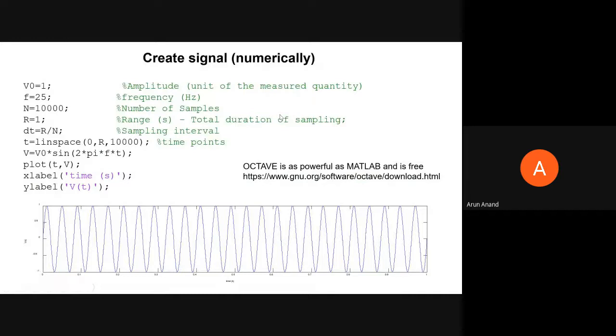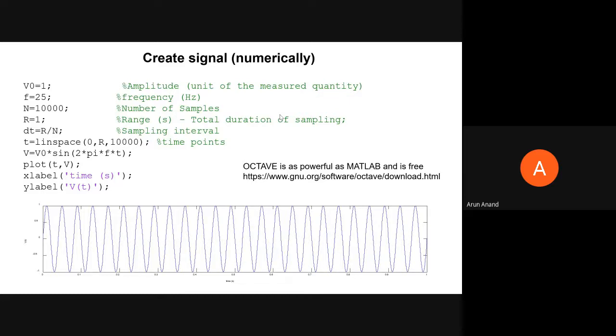Okay, so now this is basically like, yesterday we did this thing. So basically now I am creating a signal numerically, of course. Whenever you create a signal numerically, it is always going to be discrete, because you are going to give a delta t, and without a delta t, you cannot create signals on a computer. Whatever you simulate or create in a computer is always going to be a discrete signal. You can never have a continuous signal in a computer. Of course, the computer itself is totally discrete, right? It works on zeros and ones, and it's always a discrete device.